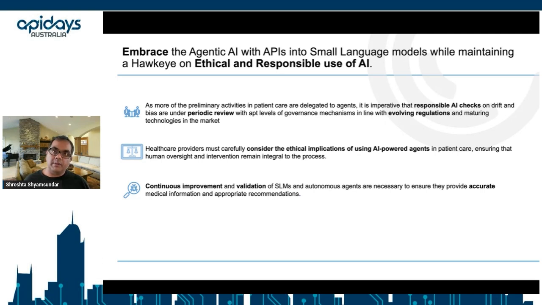Now, when you're looking at small language models, they are, after all, a probabilistic setup. They learn over a period of time. Therefore, continuous improvement and validation is vital for some of these to work. It is important that you are able to validate and see that it's providing accurate medical recommendations from a treatment standpoint, and be able to identify and detect if there is any drift in the kind of recommendations it's offering. So that testing of the functionality over a period of time, even in production, is going to be crucial for this to work.